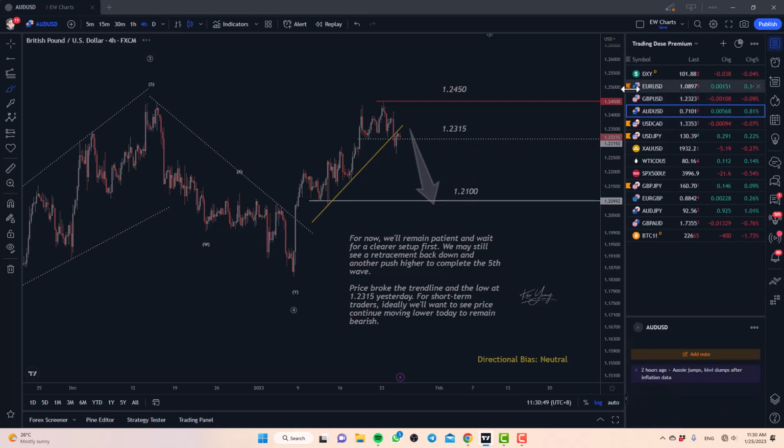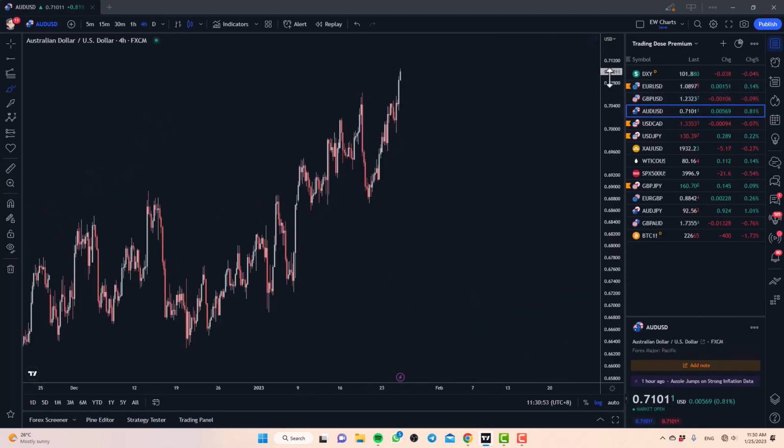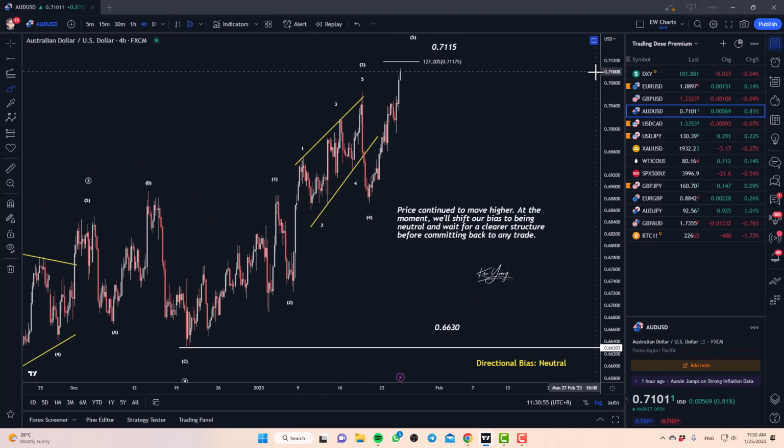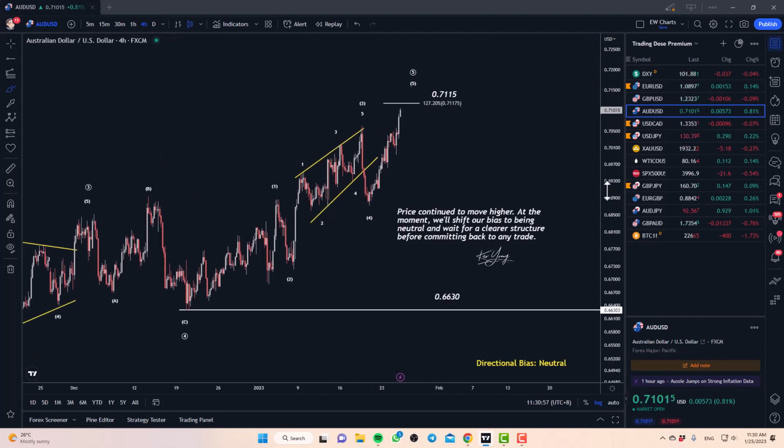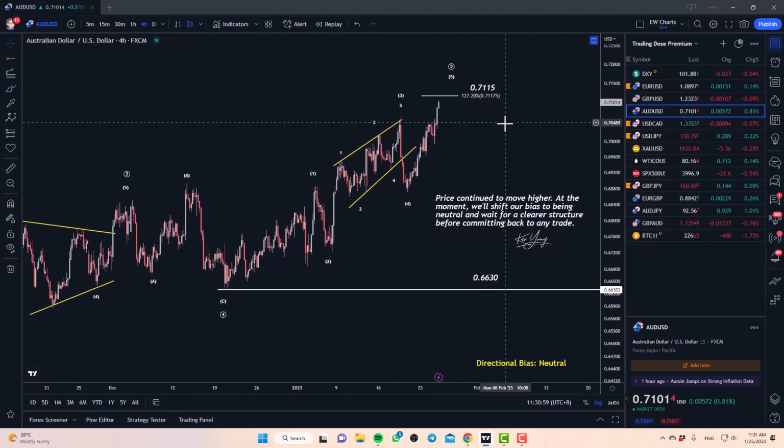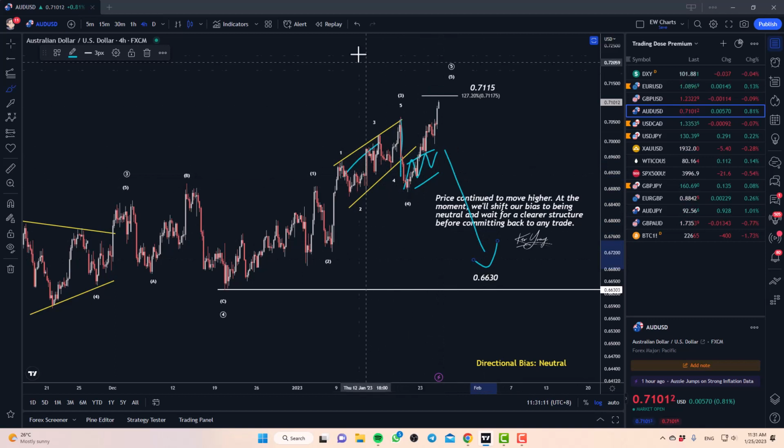Next up we have the Aussie dollar over here. Okay, so Aussie dollar, at the start of the week we looked at it for a potential downside, right? We got a very nice structure, a very nice break. We were looking for a potential pullback in a corrective fashion for this to continue down. It did not really do that, but instead we get a V-shaped formation